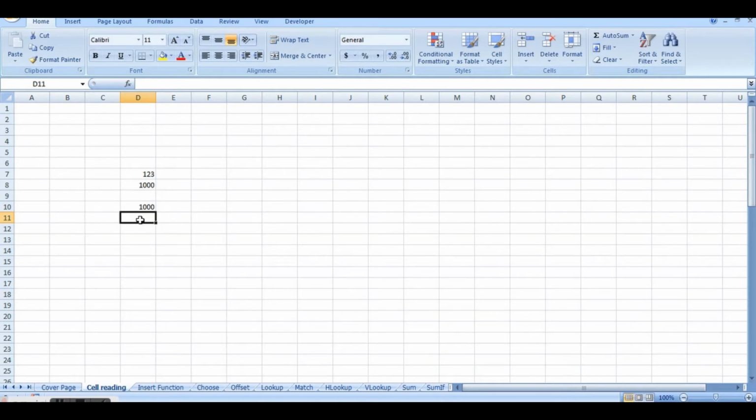Let us see an example. For example, 1000 has 1, then a comma and 3 zeros. Excel understands it. If I press enter here, you can see a comma being shown here, but in the formula bar you can see no comma. Means Excel is understanding this and it gets right aligned.